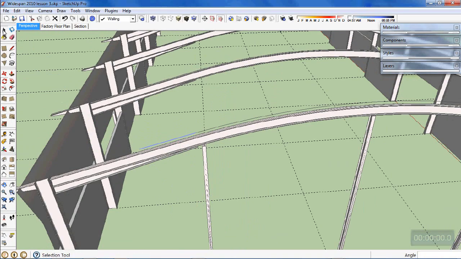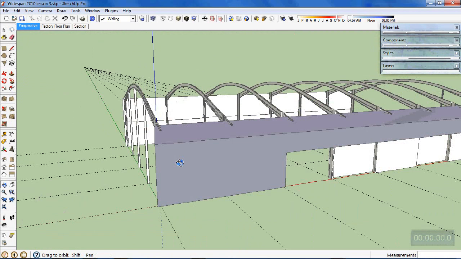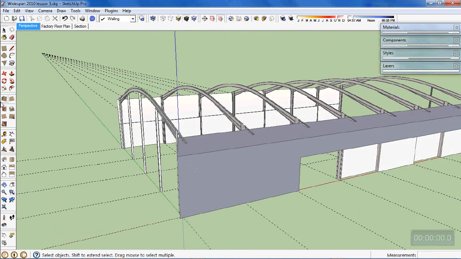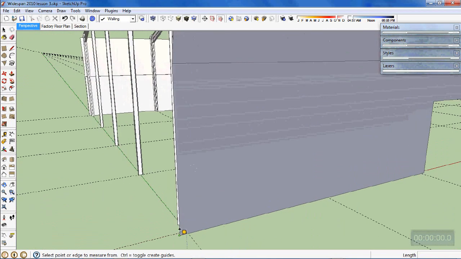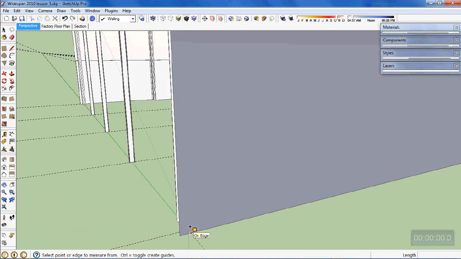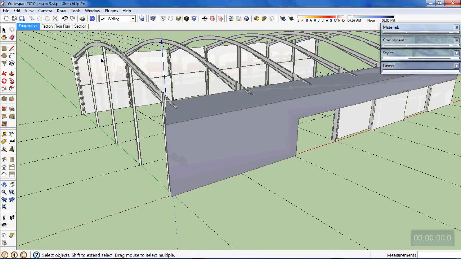Now I have to move that out, this 280 millimeters, to match what we're working with out here. Just to double check that again. From the intersection where we're working at the moment, straight out is 280 millimeters to match the edge of the wall sheeting. So I'll triple click one of those lines, this one here,